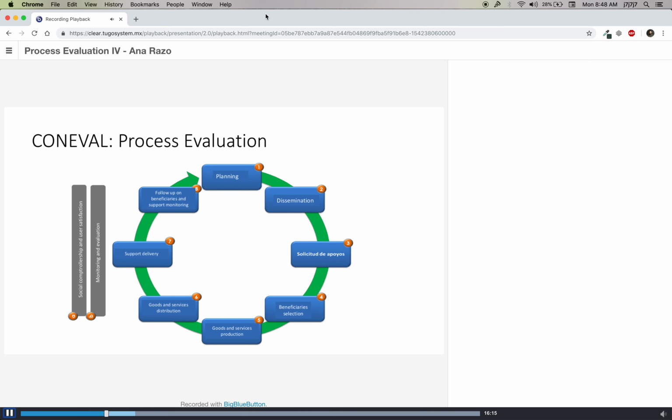This would be something related to the results. And this process evaluation happens in a specific period where we can monitor what is going on, and we also can implement actions to improve. So these stages are already prepared to be able to analyze the program and the different stages, and also to have courses of action to improve the operation. So far regarding the recap,